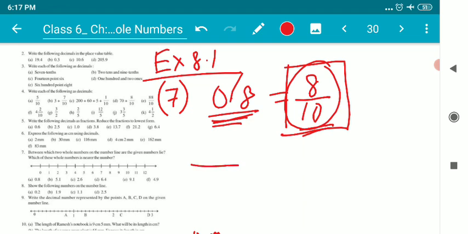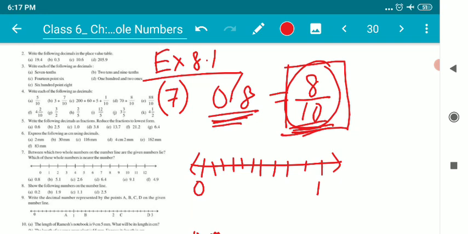Okay, so let us draw a number line first. This is 0 and this is 1. I don't need much because the fraction is only a proper fraction, so no need to take 2, 3, 4 like that. It's better you take 0 to 1, that's all. So the denominator is 10, children, means we have to make 10 equal parts. I made 10 equal parts between 0 and 1, because the denominator was 10.